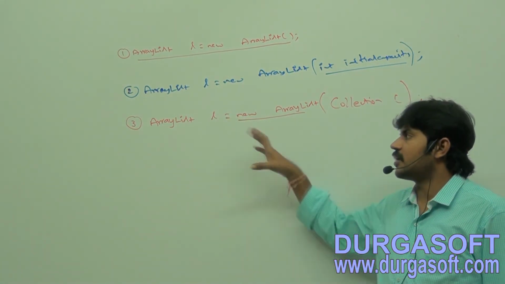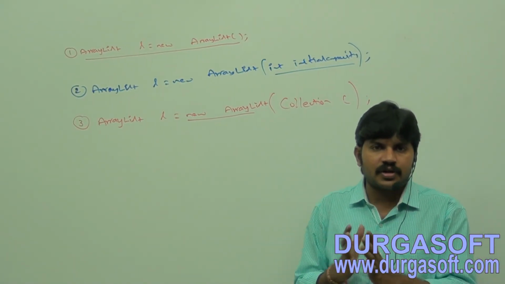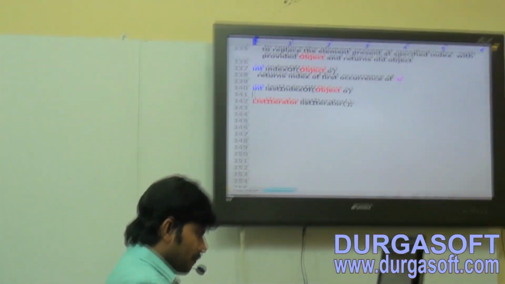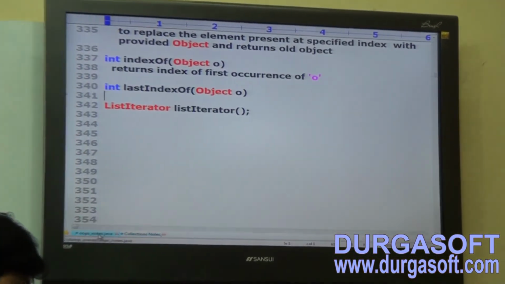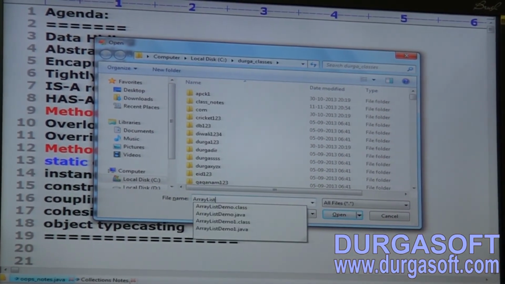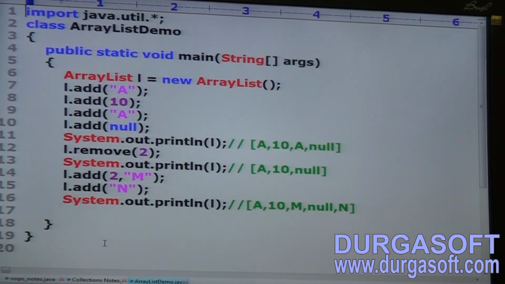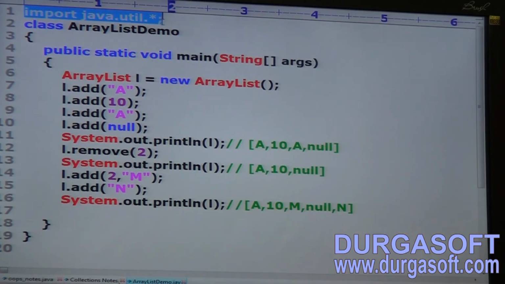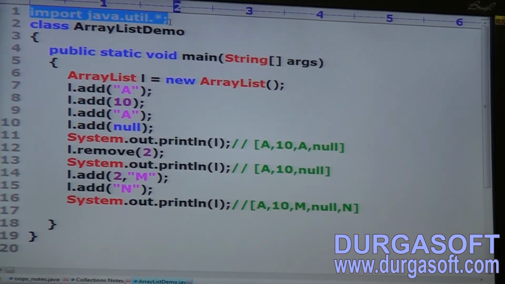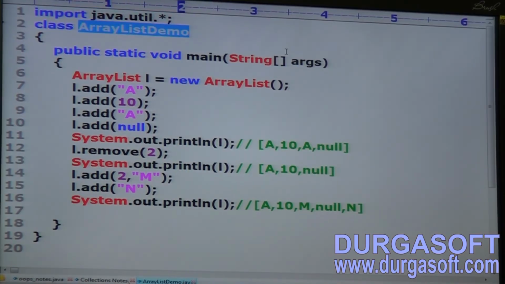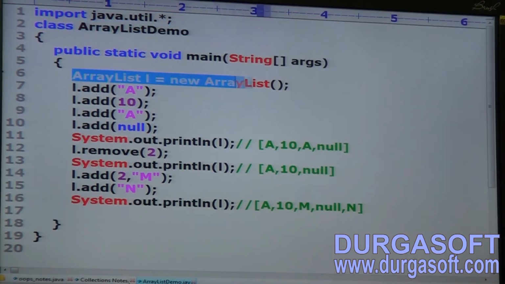Okay, this is ArrayList and its methods, all these things. Let me convert it into a small example here. Now observe. I'm taking ArrayListDemo.java, a simple example. import java.util.*, because ArrayList and all these things are available in the util package. class ArrayListDemo, public static void main, ArrayList l = new ArrayList.